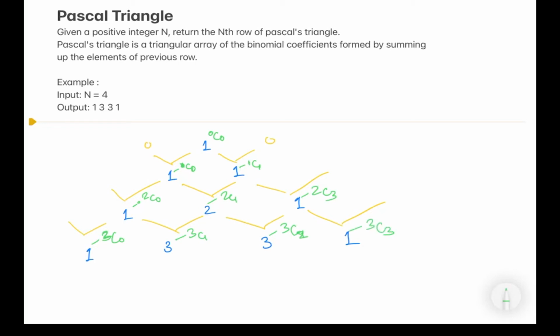So we have row number as n and column number as r, starting with 0 indexing. So clearly the next row will be 4C0, 4C1, 4C2, that is nothing but 6, 4C3, that is nothing but 4, that is the sum of the above two, 4C4, that is 1, 1 plus 0.